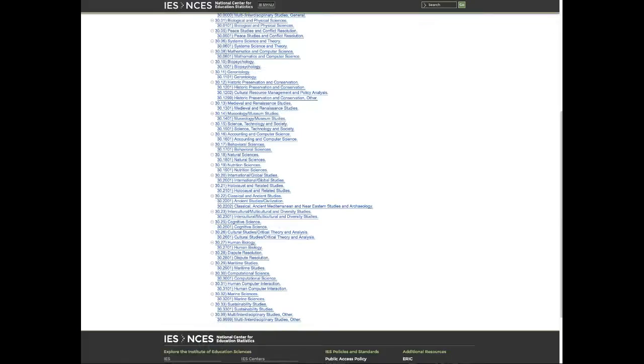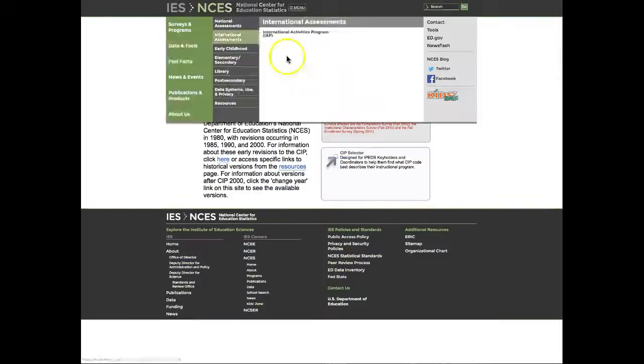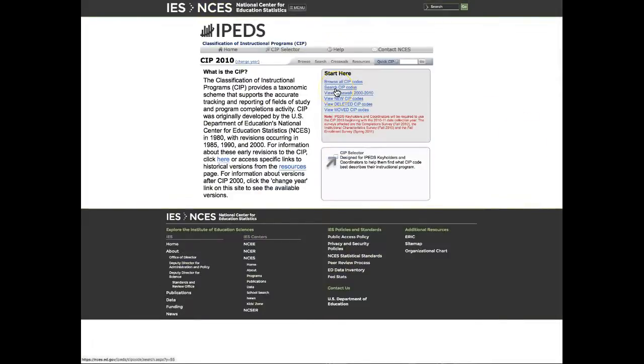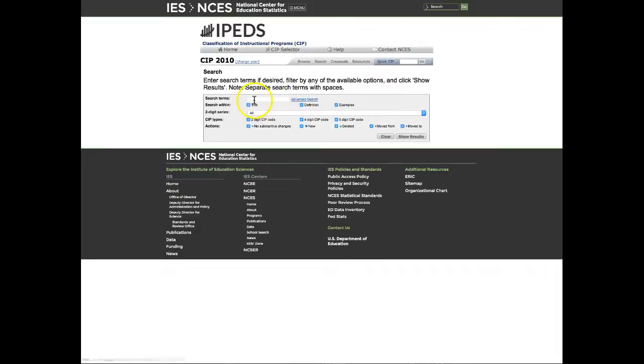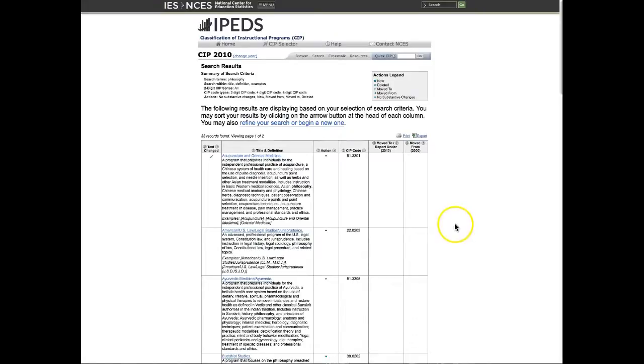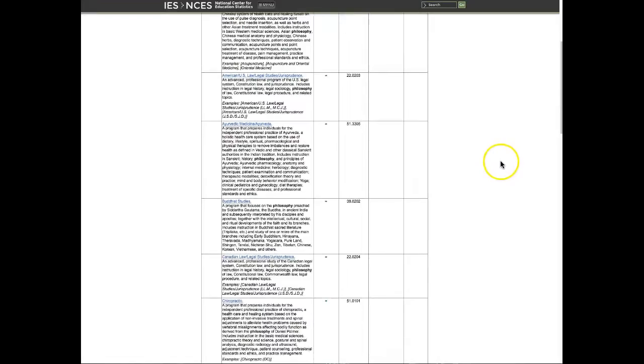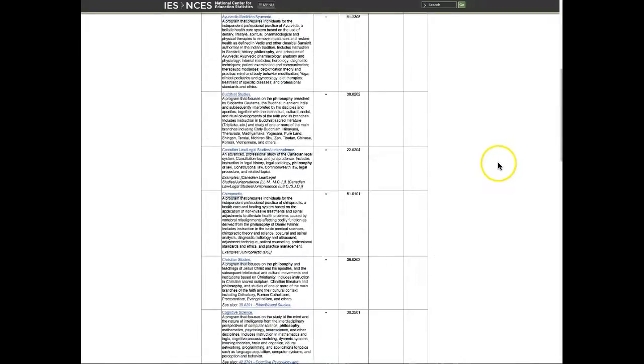Now let's try searching the CIP for a discipline. Go back to the home page and choose Search CIP Codes. This time I will search for philosophy. When I search for philosophy, I get a result set that includes interdisciplinary connections and subdisciplines, but they are not